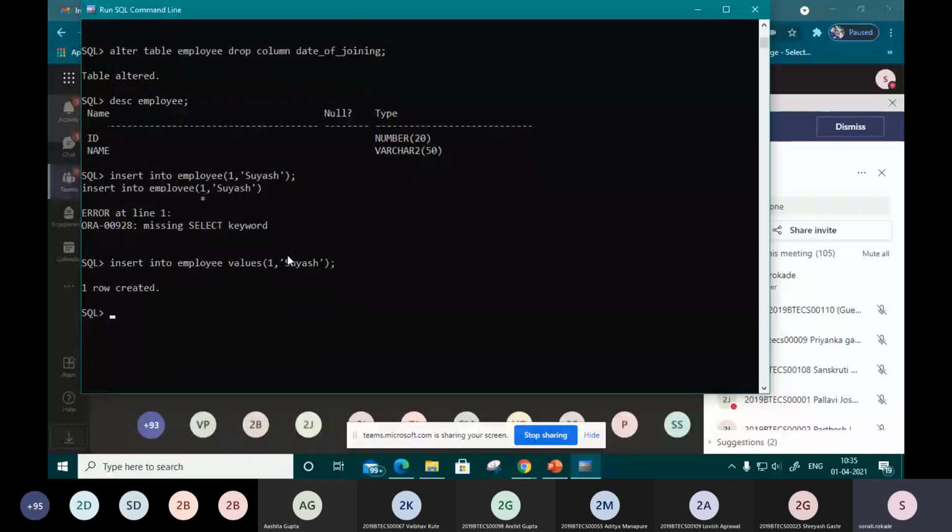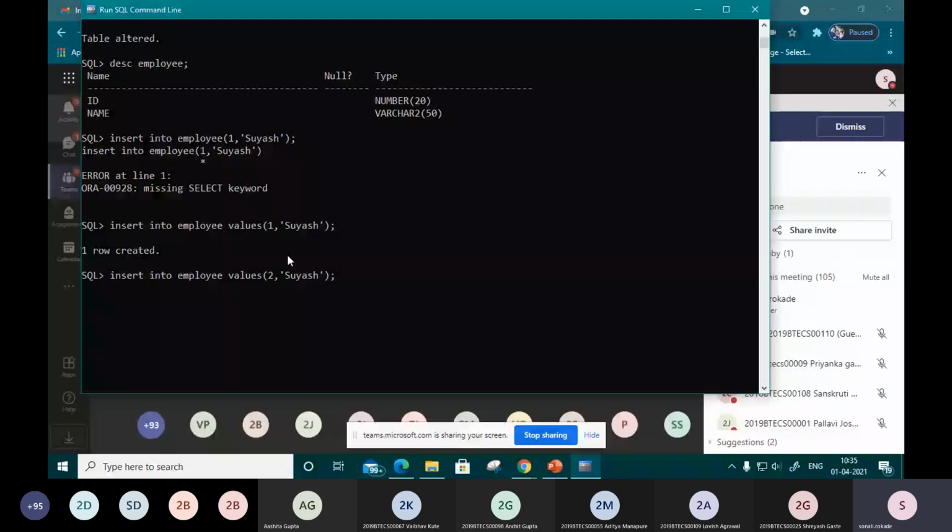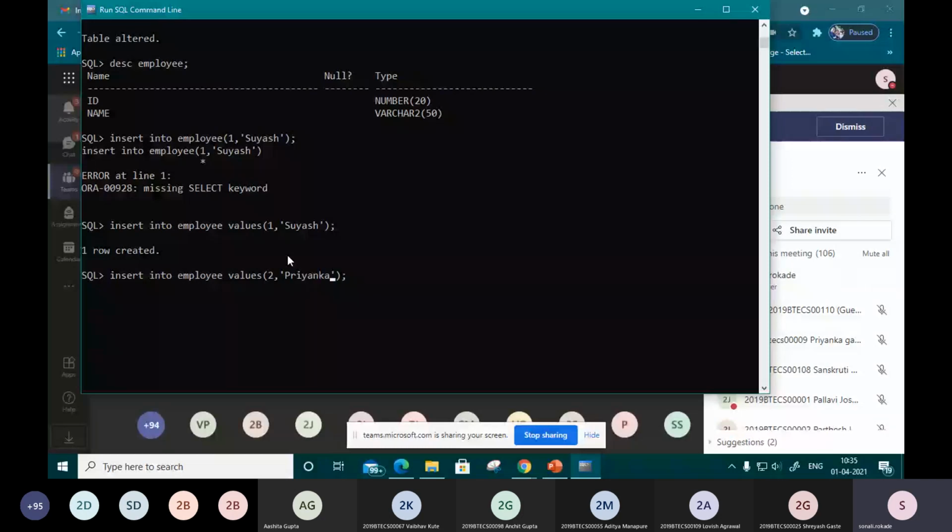Now the second row I want to add with an ID of 2 and the name Priyanka. So the second row is created. Okay, so I want to check: select star from employee. So 3 rows are available there.